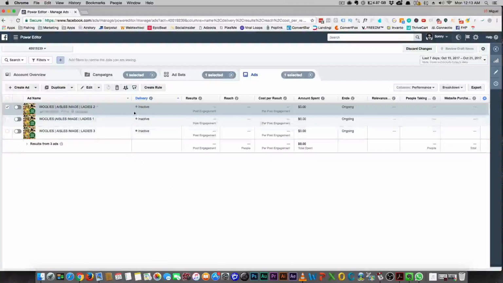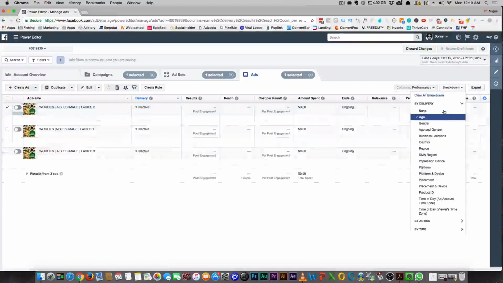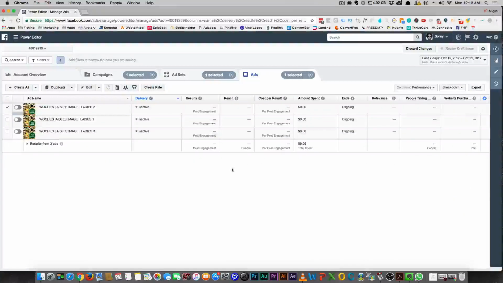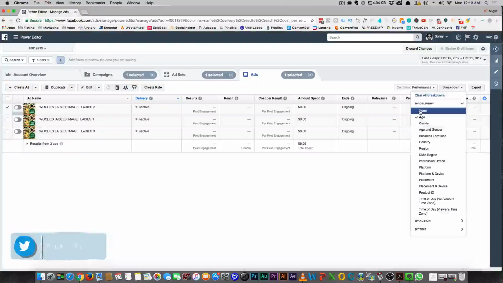So when you look at this, there's a thing called a breakdown here. And so you can say, I want to break it down by age. And it's going to show you how these people, it's not showing you now because the ad set's not on and nobody's clicking. I would have to break down the actual date here, right? So it'll show you, I want to see who's clicking on the ad the most. And what I found out was that people that were 34 and above were doing more clicking.